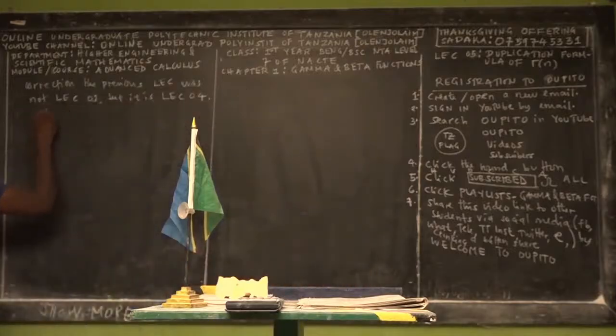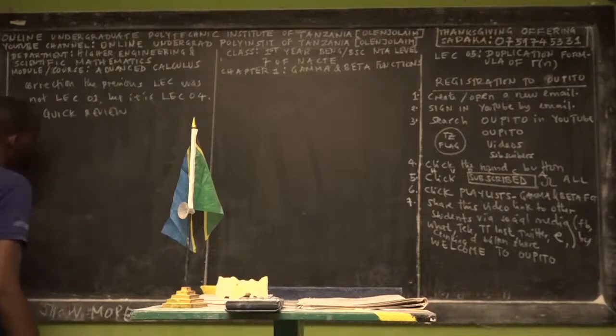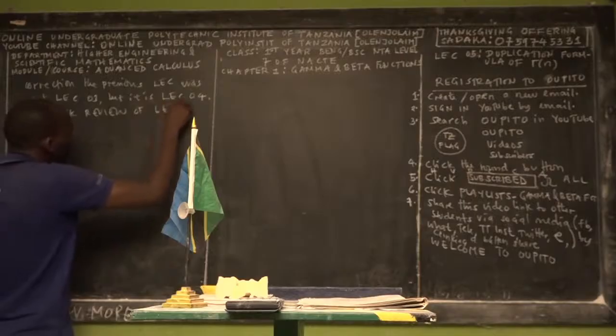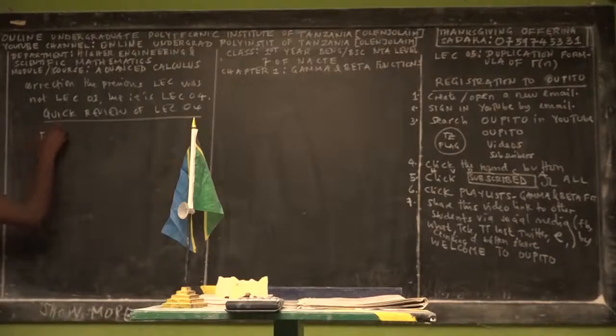Just to remind you, a quick review of what we taught you in lecture 4. We taught you how you can prove, first of all, that gamma of a half is equal to the square root of pi. This is a question you have to remember. Then we taught you about the gamma function